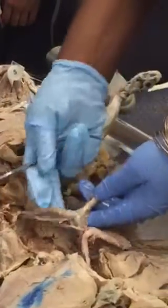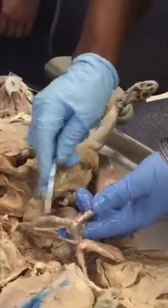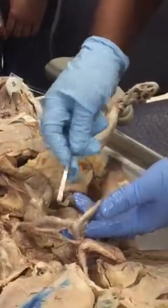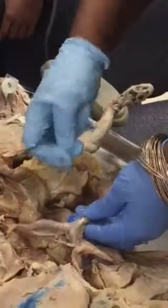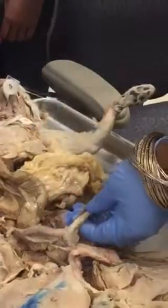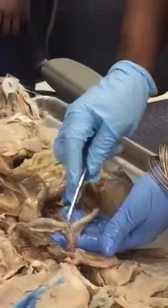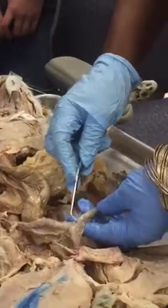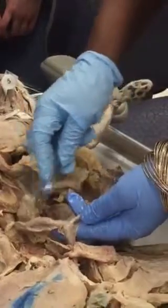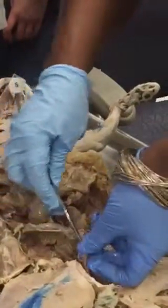So this is not the fallopian tube. They don't have fallopian tubes. The uterine horns. This is where the babies would be. And I think she's early pregnant, the way this is stiff. And she carries the babies in here because this is the uterus, and that's not much of a space to put a litter. So the uterine horns is what they're called,